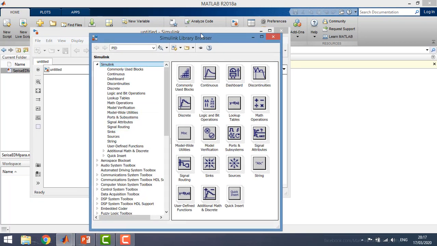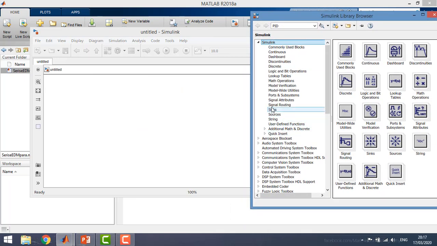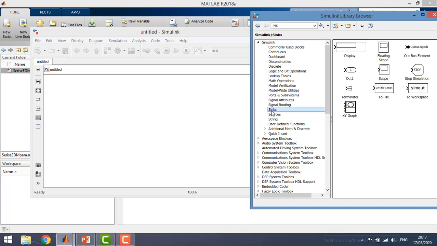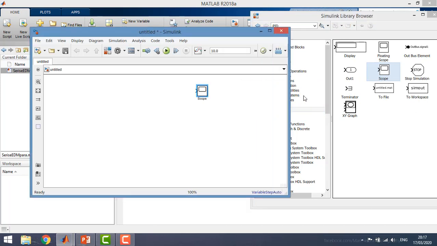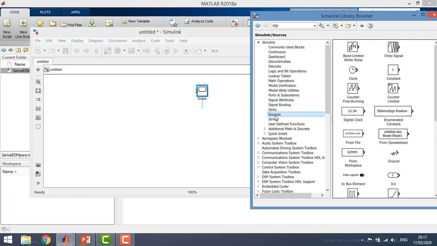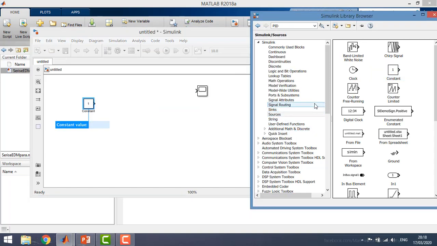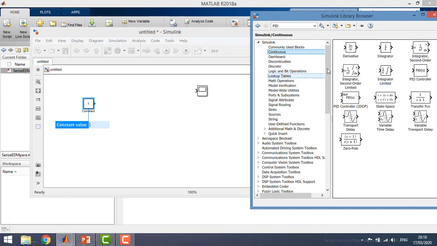In order to build the first model, we're going to use libraries from Sinks. So we have to have the scope block, from Sources we have to have a constant, and from Continuous we have to have the transfer function block,